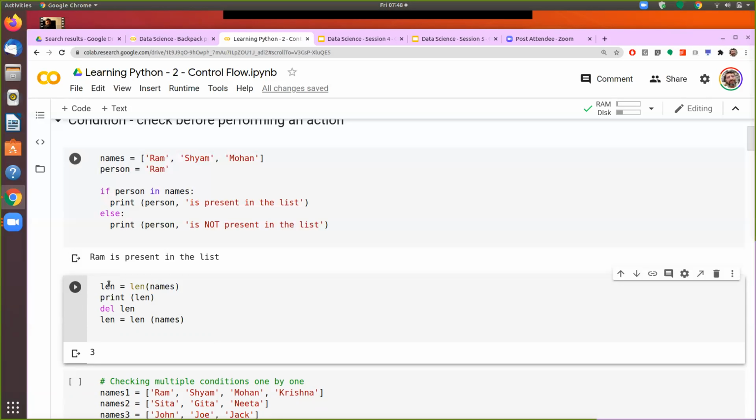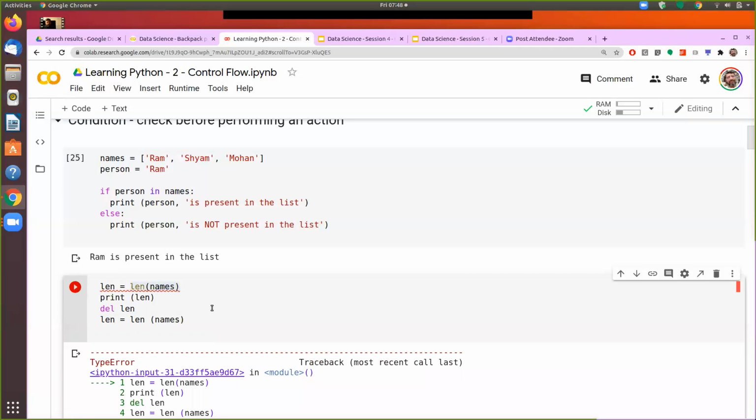When I try to run this cell once again, it will first evaluate the right side of the assignment statement. Since len is a variable now, I'll get the same error. You see?